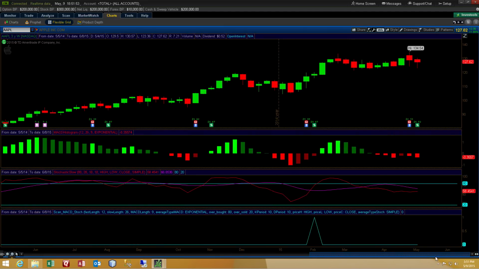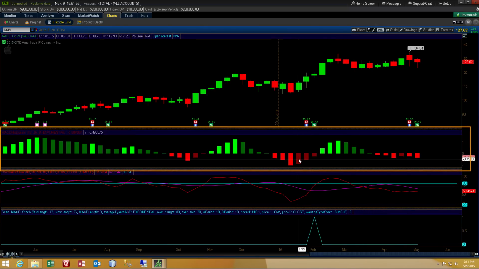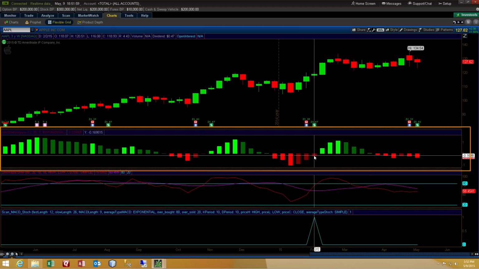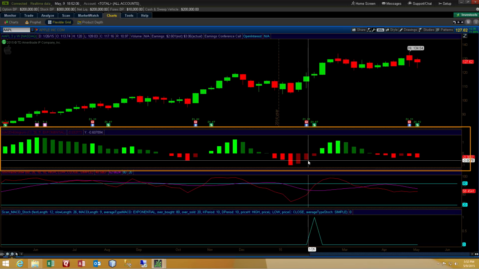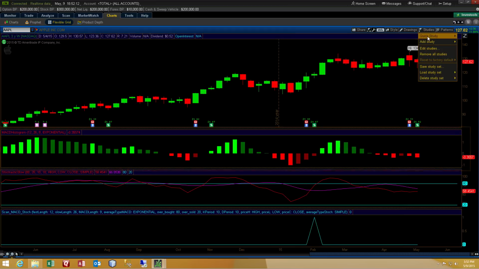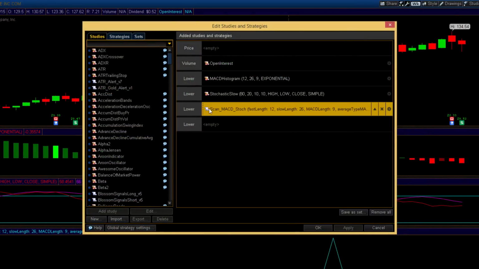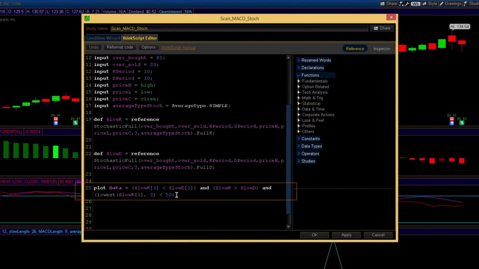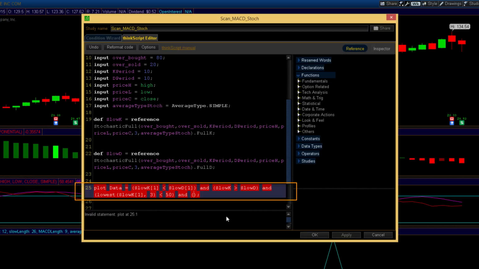So let's see, the one last thing, we want to include the MACD in this, and what I want is for the MACD of the bar where the crossover occurs, I want that MACD to be higher than the previous. So I want both of the indicators to be in agreement. So we'll go back to studies, we'll hit edit studies, we'll double click the scroll icon and edit our code, and we'll add a 4th and final condition here by typing the word and, open and close parentheses, and within those